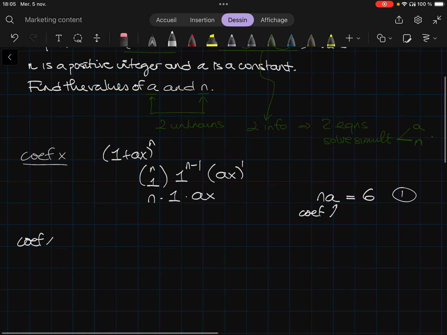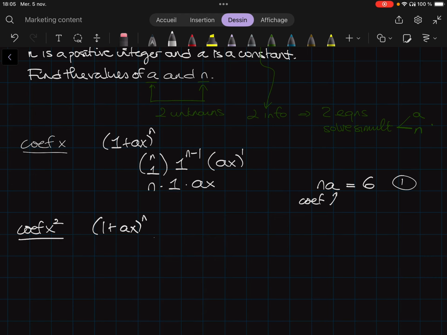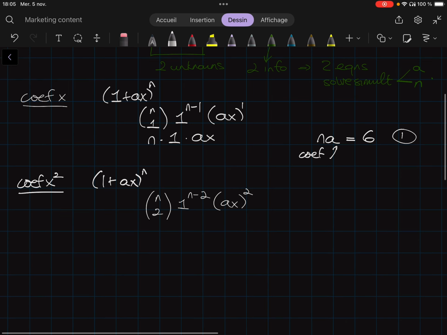We now need to form a second equation using the coefficient of x squared. The coefficient of x squared is going to be n chooses 2, 1 to the power of n minus 2 times ax squared. This is going to give you the term in x squared. N chooses 2 may be a bit harder to simplify. We should use the definition of